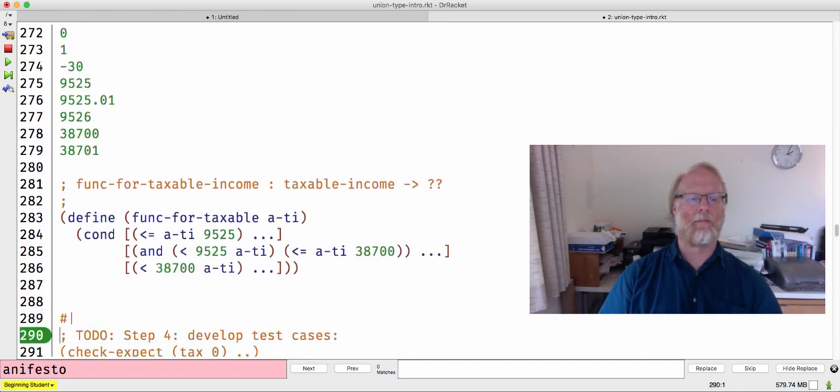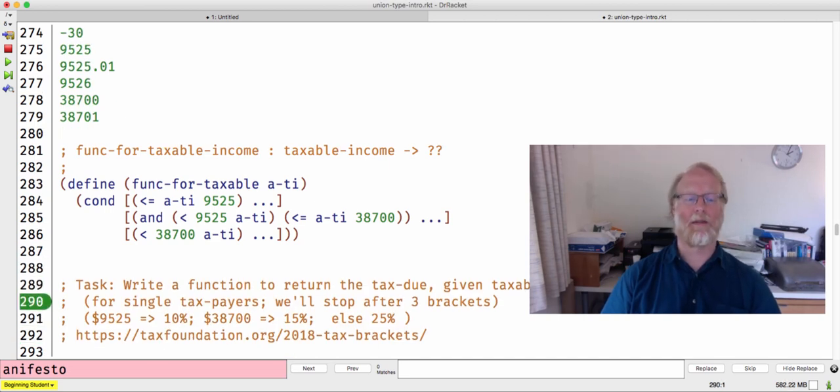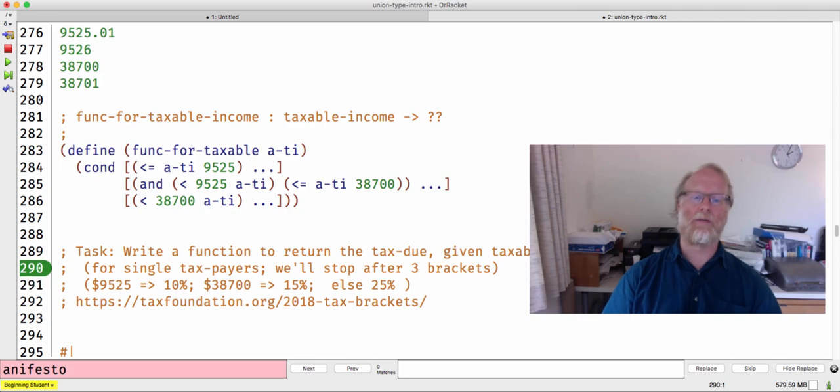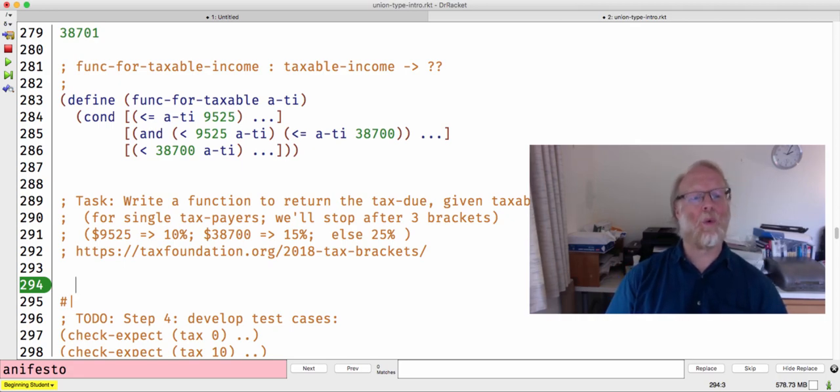Okay, so step 4, now we're in the per function stuff. And now I'm going to start giving you functions. One function: write a function that returns the tax due. And here are the brackets: you pay 10% of that first bracket, 15% of the next bracket, 25% in the top bracket. These numbers are all correct. Again, there are a few higher brackets, but this covers like 90% of the US population, just the 3 that I have here. Something like that. Okay, so I'm going to write a function called tax,